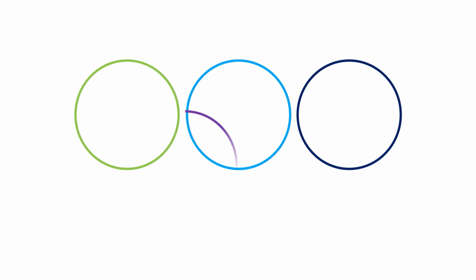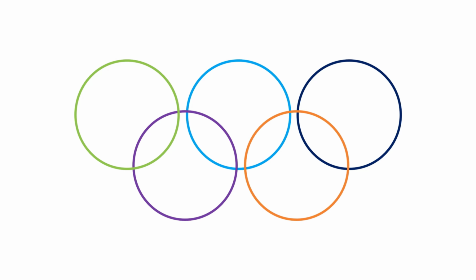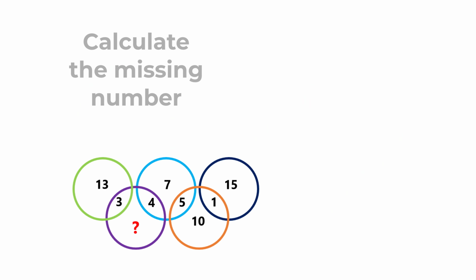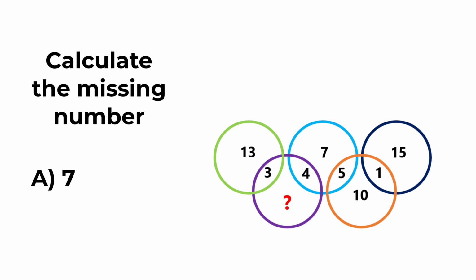In this particular case, you're presented with 5 different circles, all of them different colors, and the numbers that you see on the screen are 13, 3, 4, 7, 5, 10, 1, and 15. There's also one number missing, which is highlighted with the question mark. You need to calculate the missing number, and the choices are choice A, 7, choice B, 8, choice C, 9,